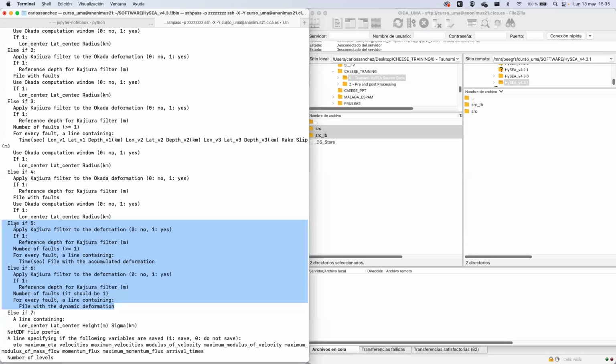So if you choose option 5, you need to provide if you want to apply the Kajiura filter and so on, and then you provide the number of faults you want to simulate, and for every fault, you need to provide the file with the accumulated deformation, but you can also use time specification for this accumulated deformation file. And if you observe, option 6 is similar, but here you just provide one GRD file,